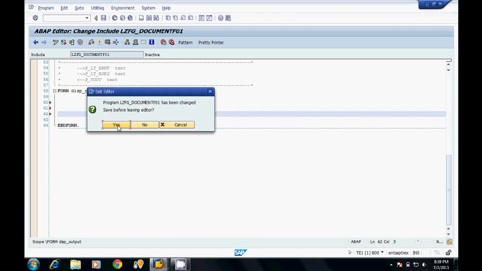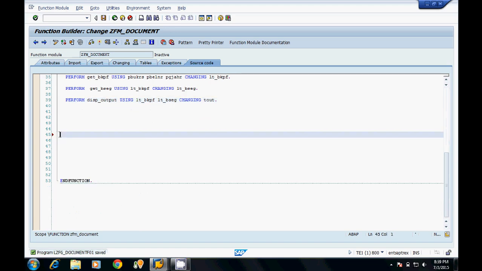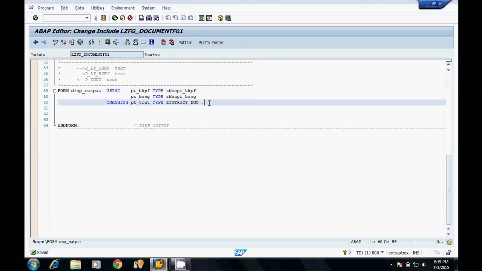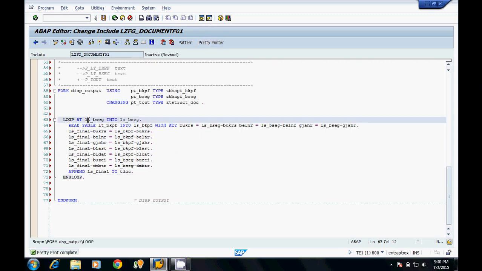Now what we will do, we will go back, cut this logic and paste it inside this perform. Our first table name is PT_PSEC, then PT_BKPF, then PT_Tout.